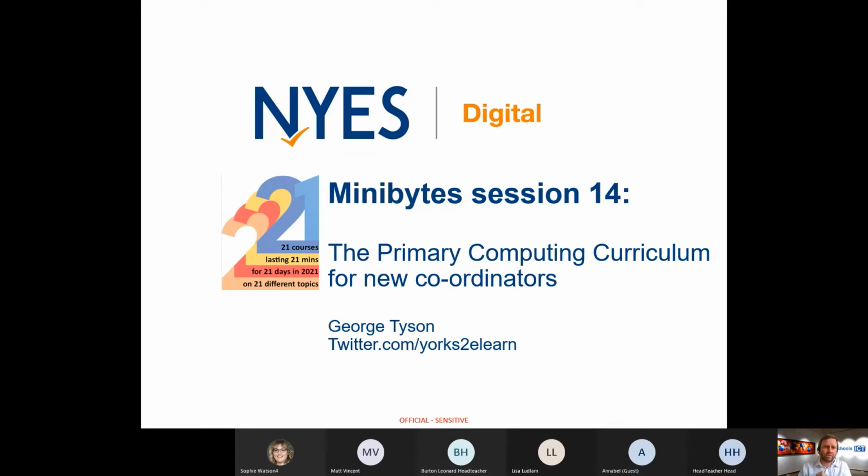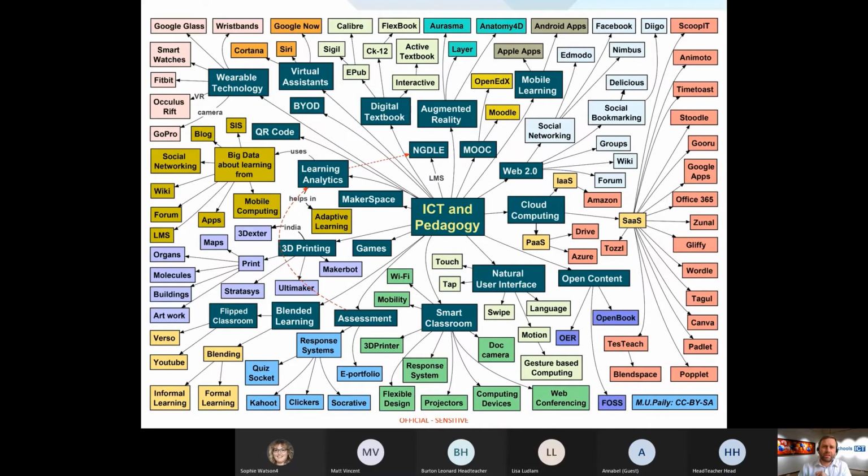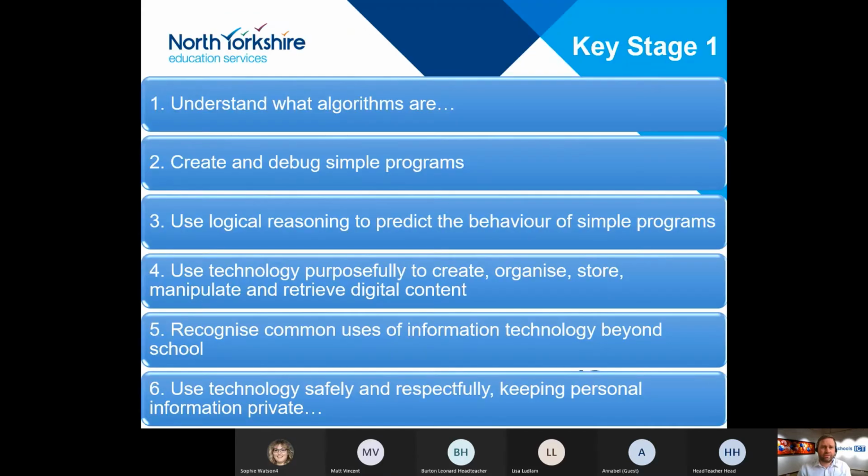So as we look at the primary computing curriculum, it changed a few years ago, and ICT as a whole is a big mess. You do not need to copy out this diagram. It's just showing all the potentials and possibilities that you might be covering across ICT as a whole, information communication technology and pedagogy, as in the teaching and training of things. But in actual fact, the curriculum is only a few bullet points long. If we get away from that web of complexity and rein it back in and look at the actual curriculum itself,